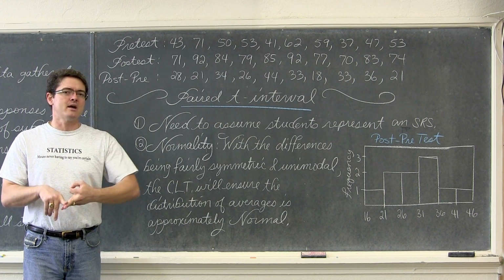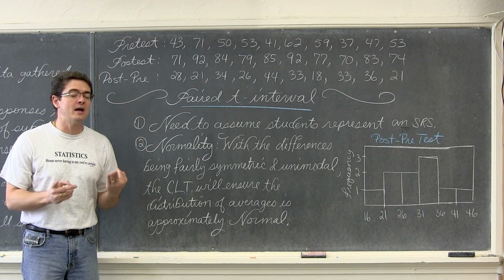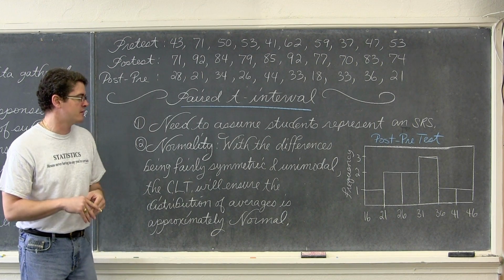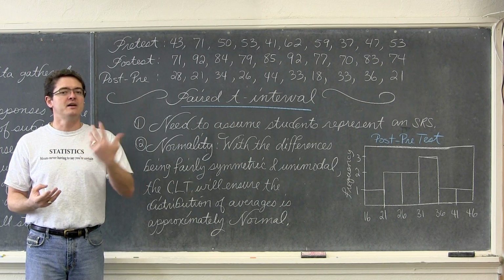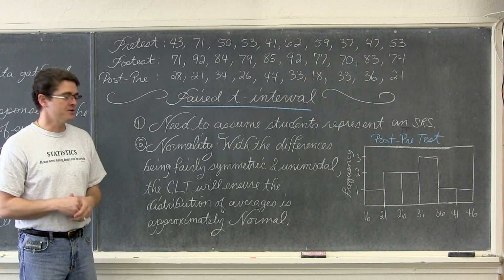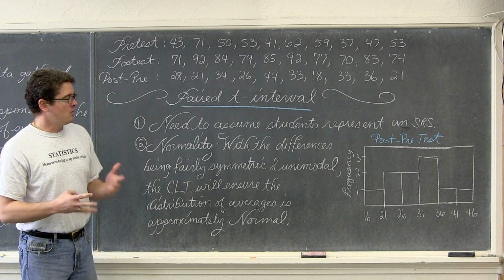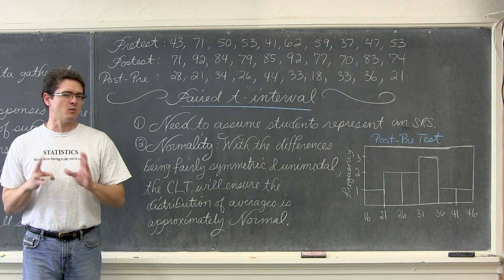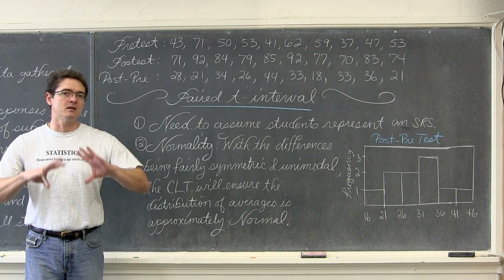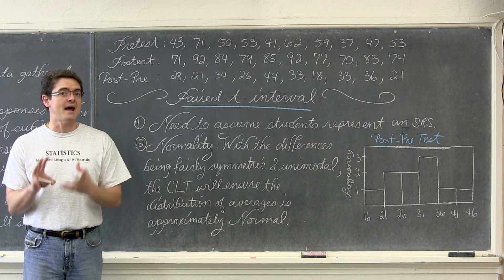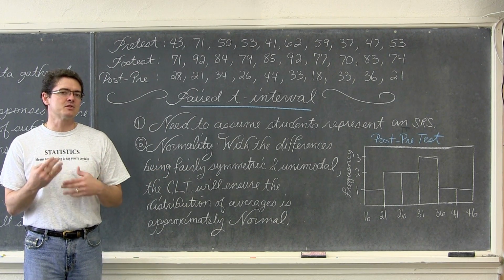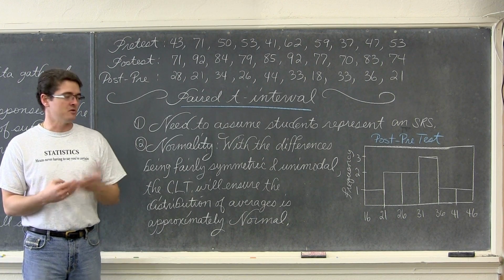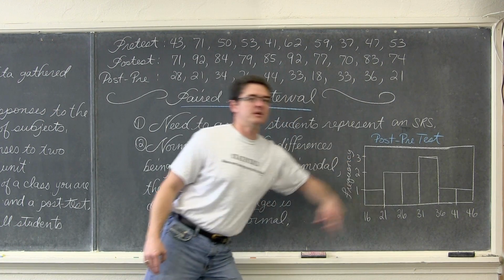Unimodal symmetric is not automatically normal, so we also have something called a normal probability plot. I keep saying that, but it's been a while since we've actually done one as an example. I do, however, have videos posted about it. Now, with the central limit theorem helping us make sure that the averages are normal, because we're not going to work with the raw individual data, but the collection of all 10 scores is an average, the central limit theorem is going to help make sure that distribution of averages is normal. So I don't need to really use a normal probability plot.